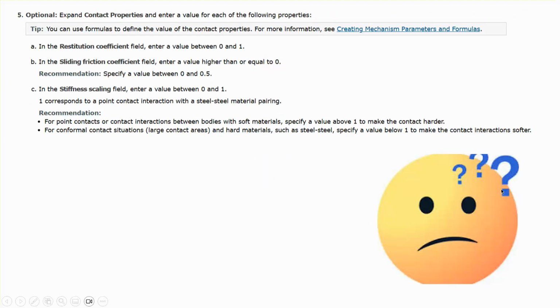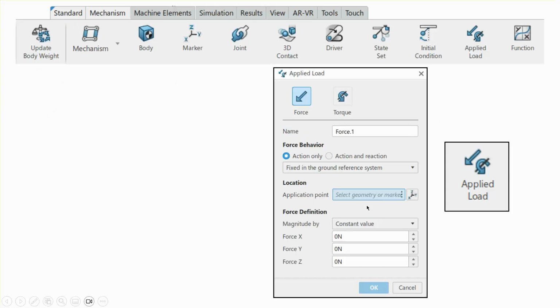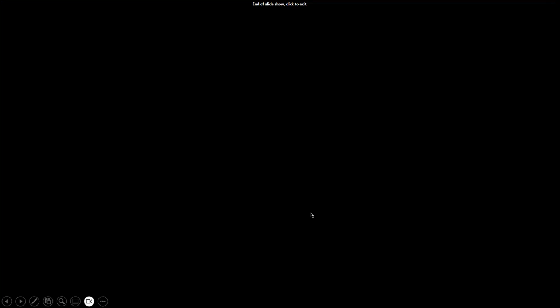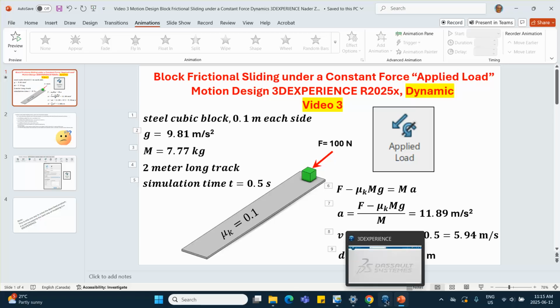Now, the help in the 3D Experiences platform for this particular topic is given here on that option number 5. You'll see that in a minute, and it's not very informative. So here's the situation. When you create a model in motion design, if you go to the mechanism tab, there is a 3D contact here. If you click on it, this dialog box opens up, and we're gonna fill this in a minute. I just wanted to point out that this is not the only way to solve the problem. There are other ways, but let's move on. So let me go ahead and start with